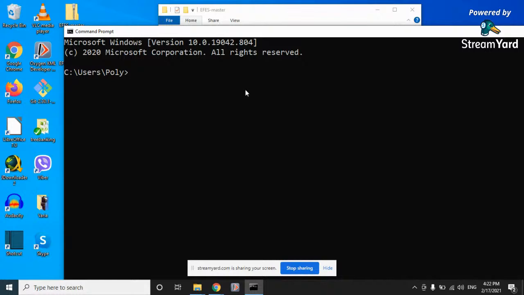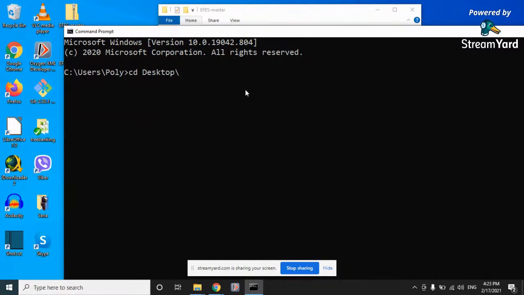So if you are a bit confused regarding the command prompt, or you're not certain what to do, you can pause the video here and go and see everything in a list of actions that need to be undertaken, and then proceed. So what we will be typing here, without any spaces or anything, in lowercase, would be CD, which stands for change directory. And since my EFES folder has been downloaded to my desktop, I will type space desktop